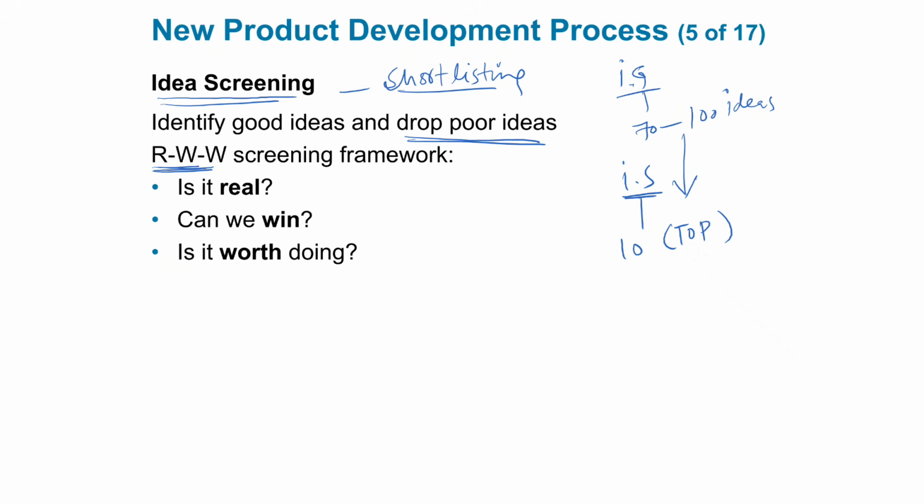The framework is called RWW. And these are the 3 questions that you can ask. For example, real winner. Is it real, is it a winner, and is it worth doing? For example, is the idea real? Is it just too science fiction an idea? Is it too futuristic, in a sense that we don't have enough resources to come up with this idea? And then check if the idea can win in the market. So for example, is there any existing competition? Are others producing the same idea or closely related ideas? And if you launch, what are the chances of winning?